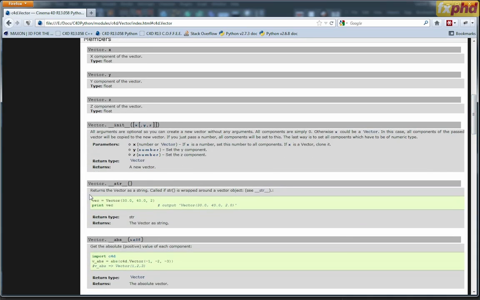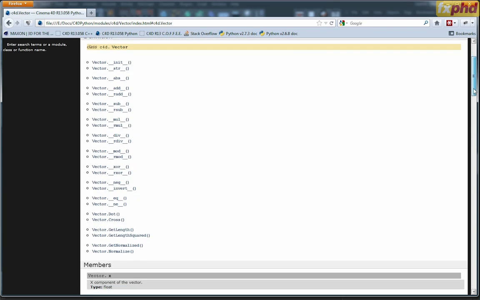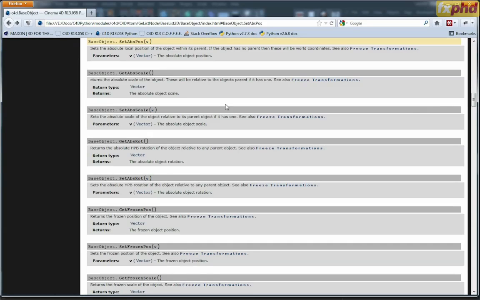This is also quite interesting, returning it as a string. You don't really have to call these functions, the ones with the two underscores. Python is usually good at recognizing these functions within its context. So if I were to just print a vector, it automatically calls the string function, converts the vector to a string, and you get this nice human readable format on your output side. Again, something to remember. But for now, we are going to create our vector and feed it into a